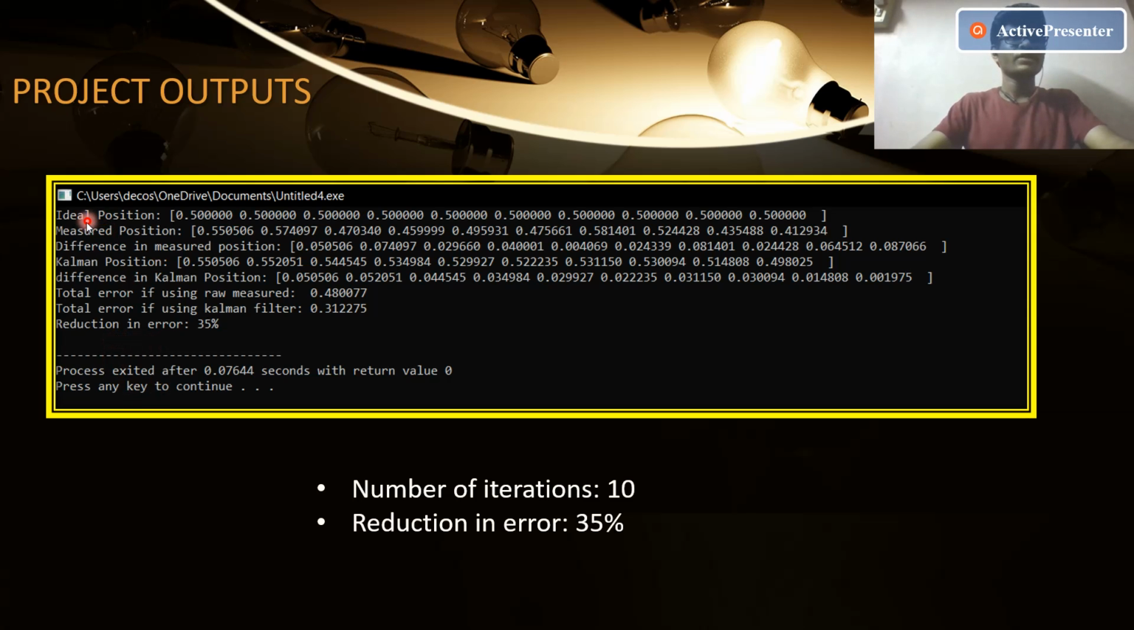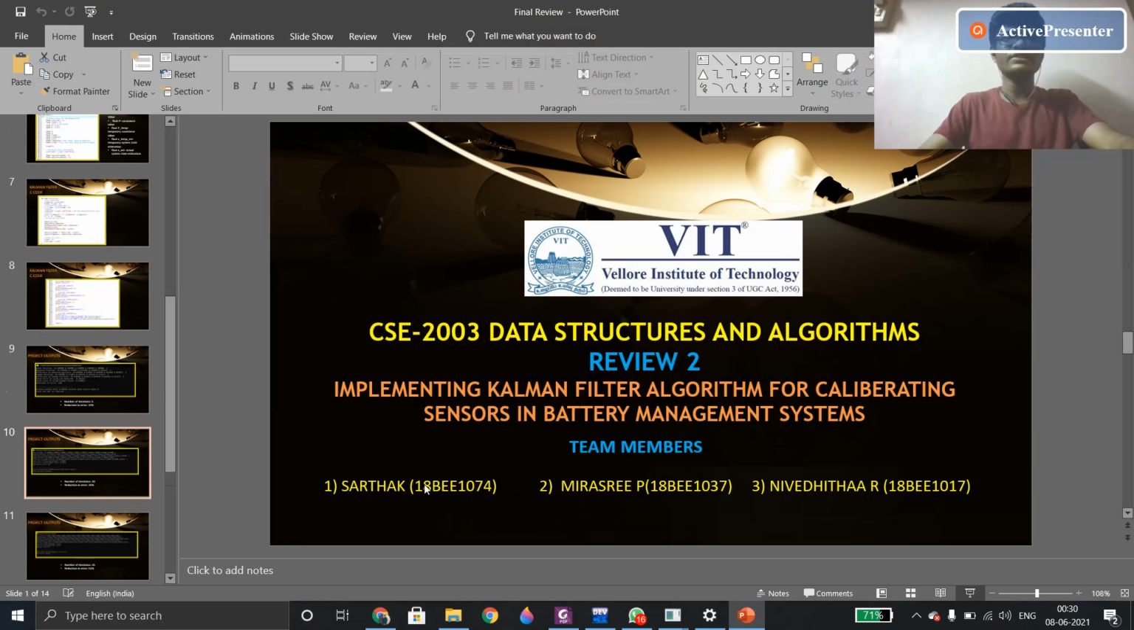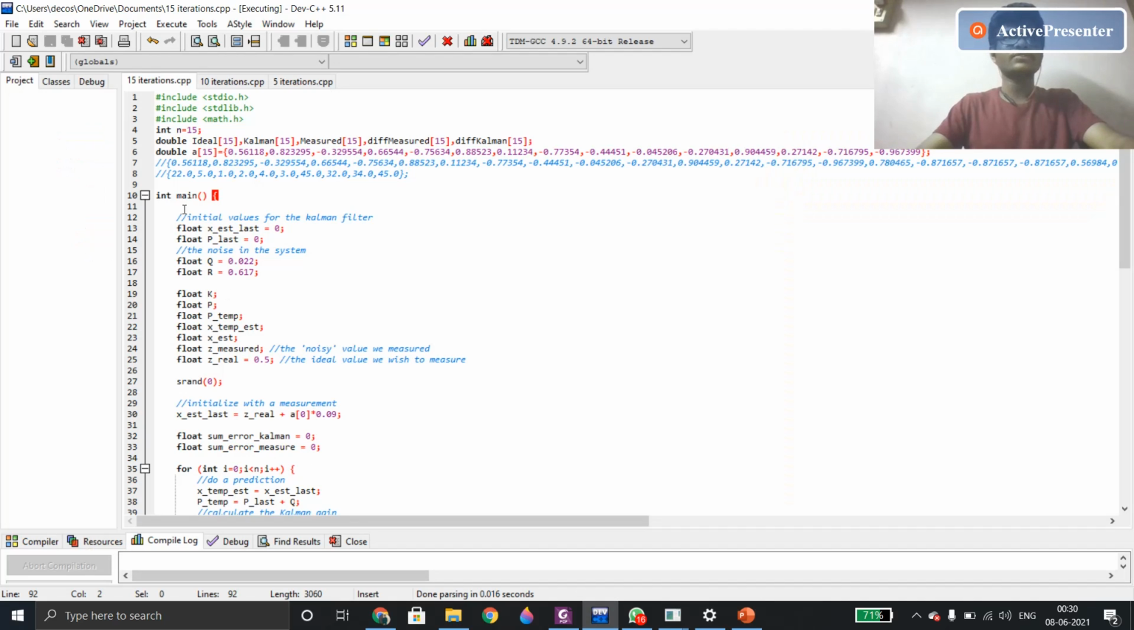So now I will explain what the ideal position, measured position, difference in the measured position, Kalman position, difference in the Kalman position, total error using raw measured, and total error using Kalman filter error are. So basically, for this reduction in the final error, I will just show my Dev C++ code. So these are the three codes. First code is for 15 iterations. We can see that the for loop is